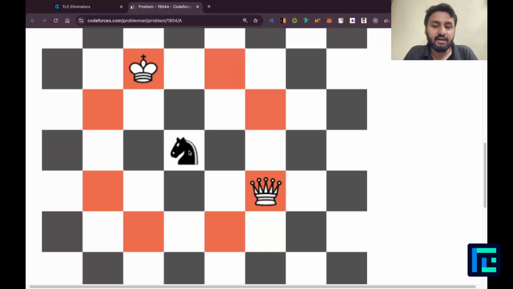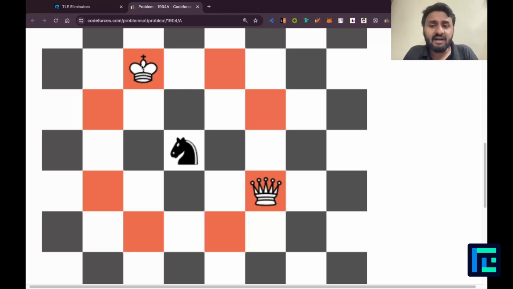Similarly, if it moves 2 directions to the left or to the right, so 1, 2, I think you can see my mouse cursor, and then 1 up or 1 down, that is B equals 1 position. So these 2 blocks are also turned orange. Similarly, these 2 blocks are also orange, these 2 blocks are also orange. So I can understand that, okay, out of all these 8 boxes that are turned orange, I can very clearly